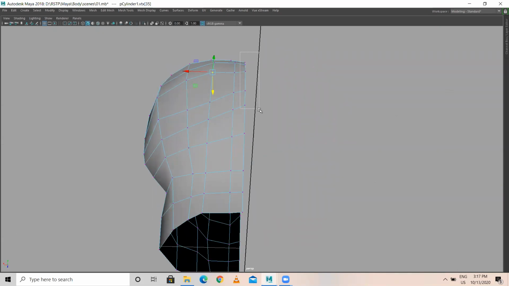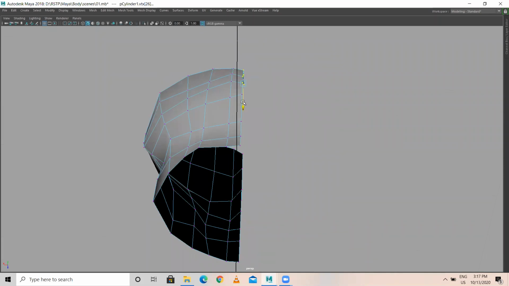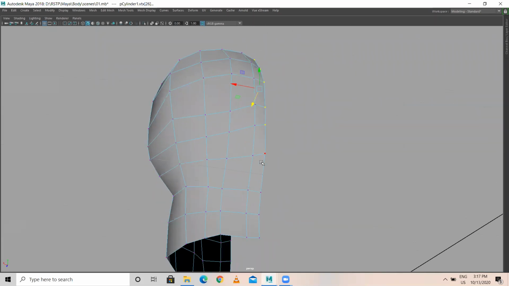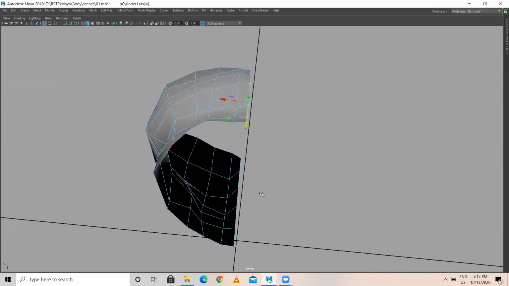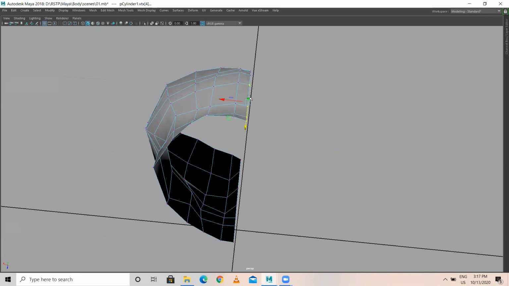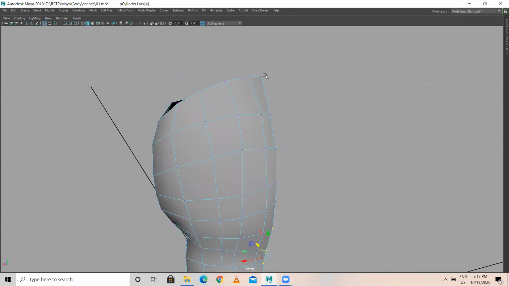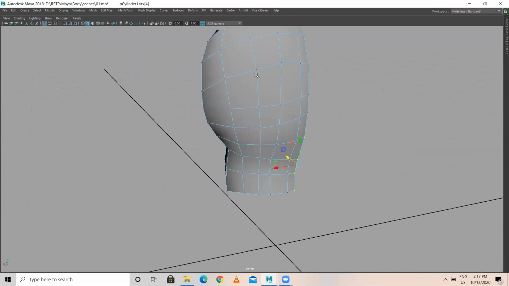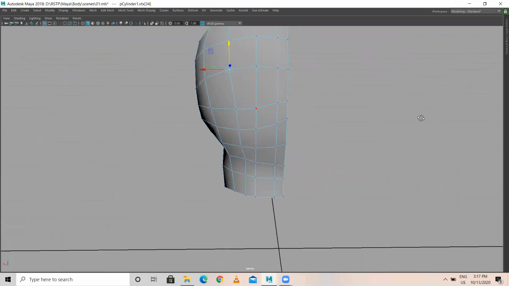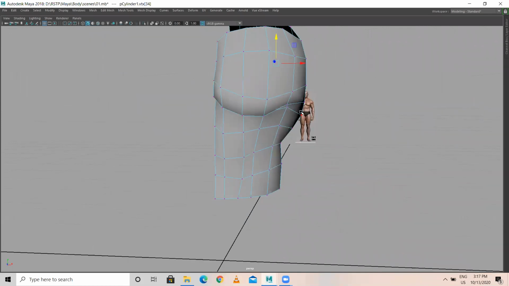Now I'm selecting this one, this line. This should be inside. And I'm selecting these four. They should be inside like this. So from all the angles, you have to check whether the model line flow is perfect or not. Okay, the torso part is almost done.